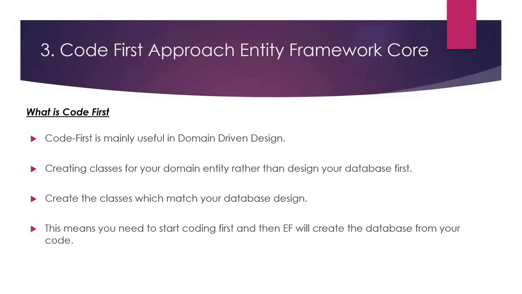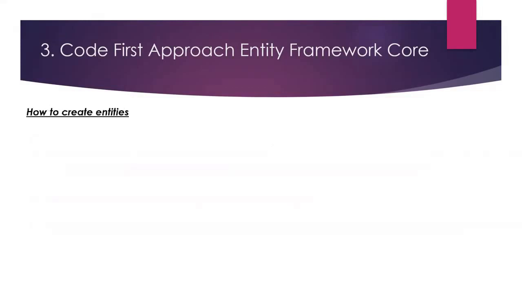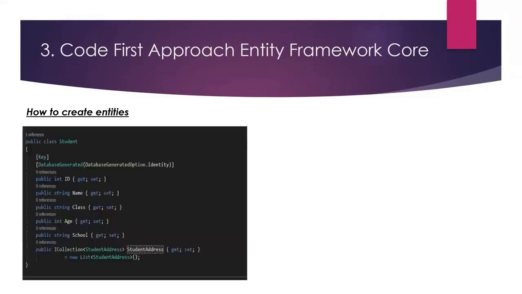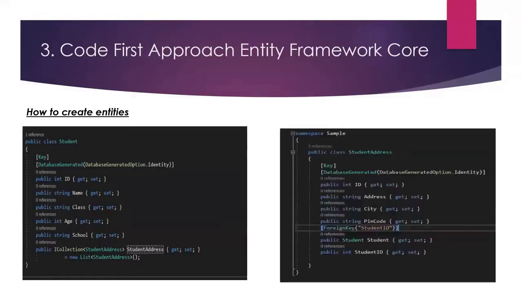So now let's see how to create the entities. We will create the entities, which are regular C# classes with the DB attributes. Please keep in mind entities are not a DTO object because they are designed for database interaction. For this example, we are creating two entities. First is the student entity, which will have the student information, and second is a student address entity, which will have multiple addresses for a single record of the student.